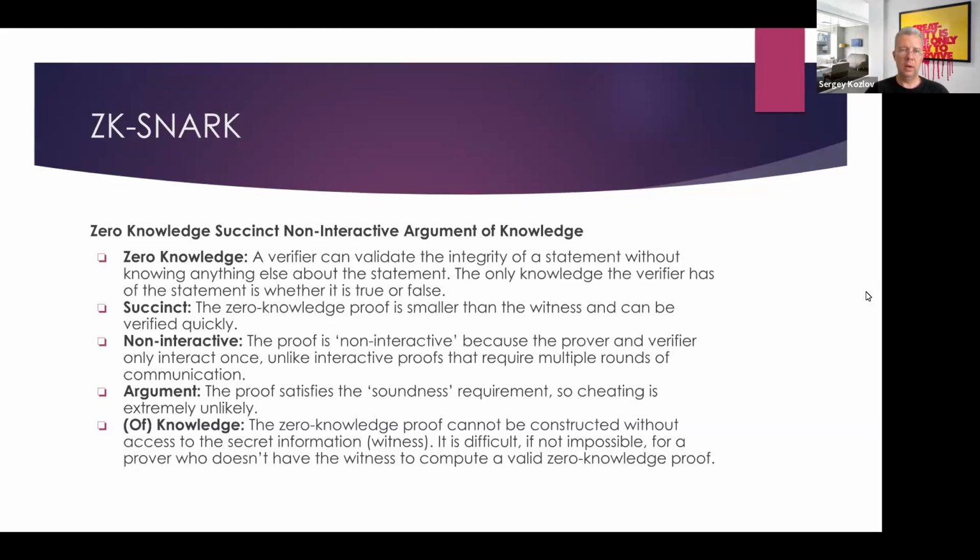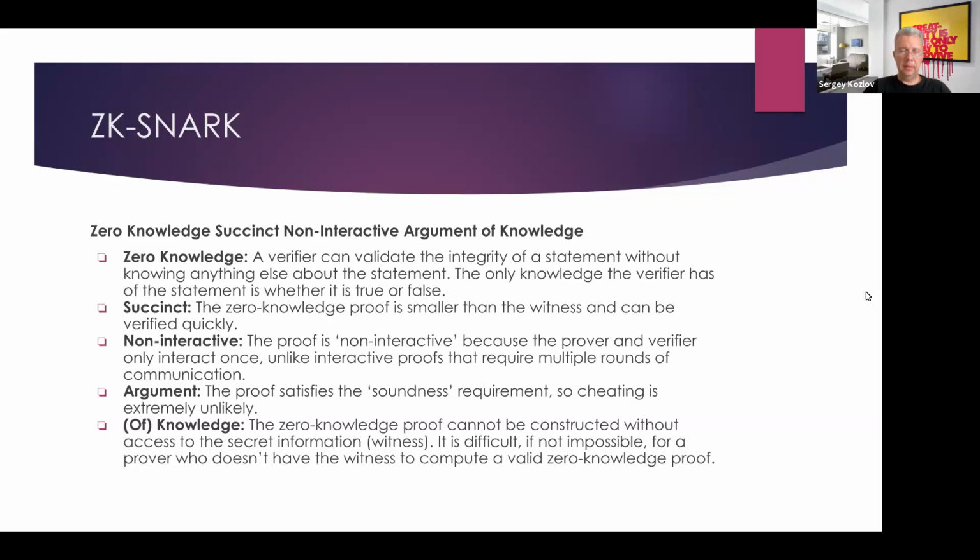We need just one zero knowledge proof, and that's enough for us to prove something. We do not need interaction, sending and receiving data, between the prover and the verifier. Argument means that we have the soundness requirement. So cheating is extremely unlikely. If you do not know the original number, it's not possible for you to prove it,